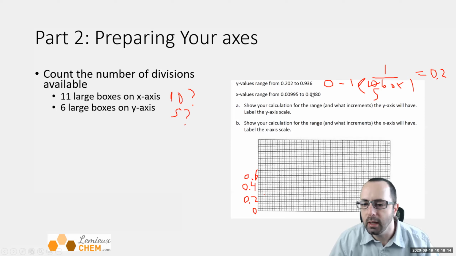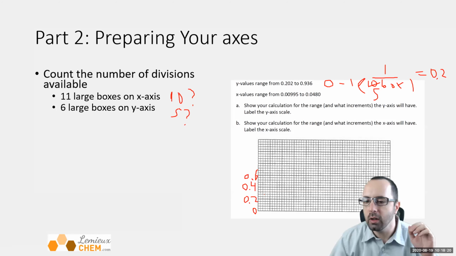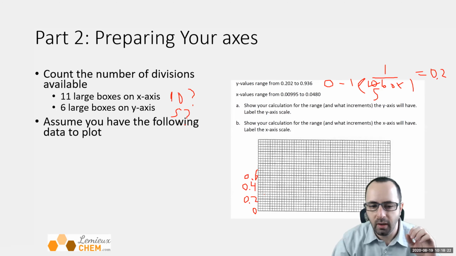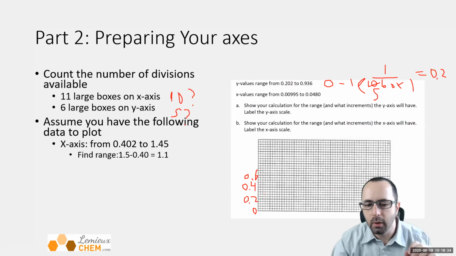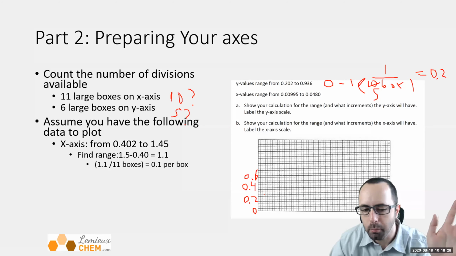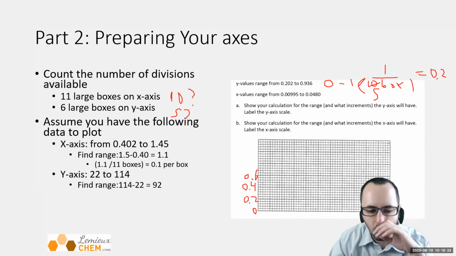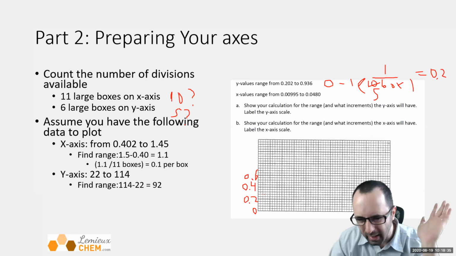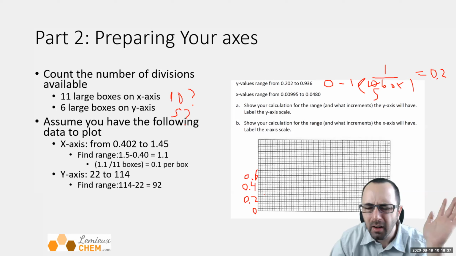For my X values range, again, I need to choose nice round bookends on the end. I showed you that with the second example. Here I turned out to get something really nice to divide by 10, I got 0.1 per box. In that example, my range was 92, not a very convenient range to divide into 6 or anything really. So what I did